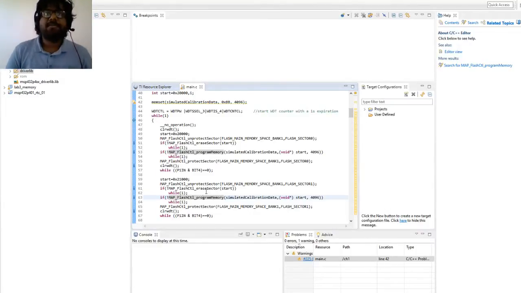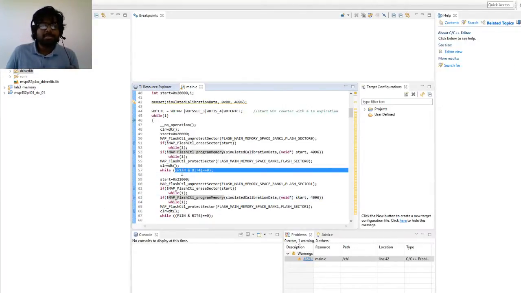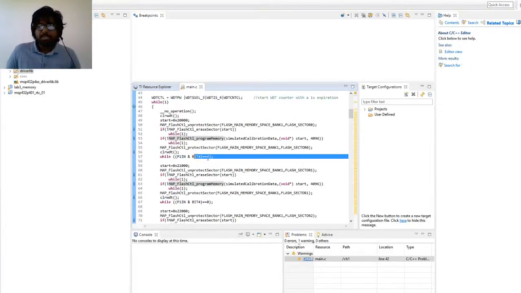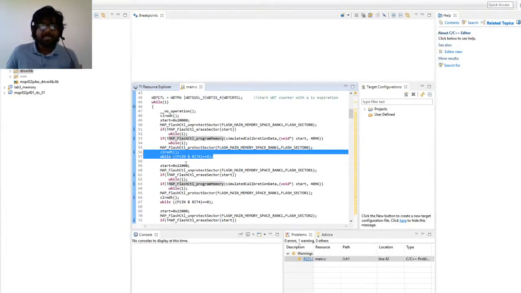So if the button is held for more than 1 second, the watchdog timer counter will overflow and the system will reset. That's what we want to do with this particular button. We wanted to simulate the watchdog timer reset condition. The clearing of the watchdog timer and reading button presses should be done after each sector is done.